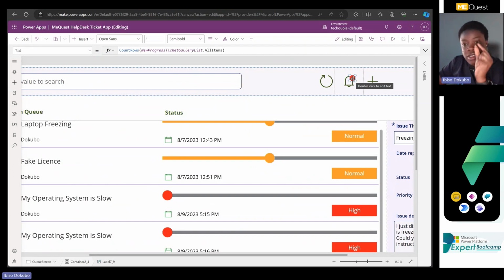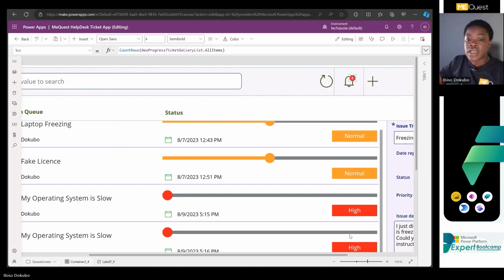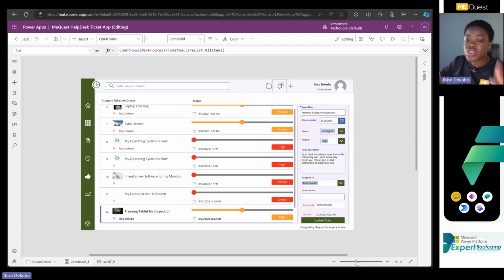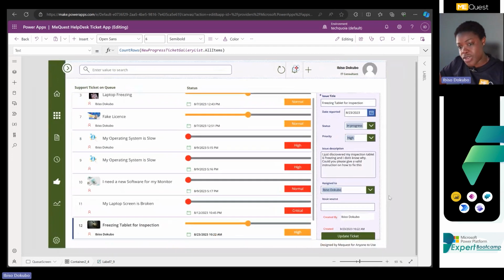So this is a very small text box, and all I've done is it should count the new progress ticket gallery. It should count the new tickets gallery. So with this, I believe, at least when we do the next section,